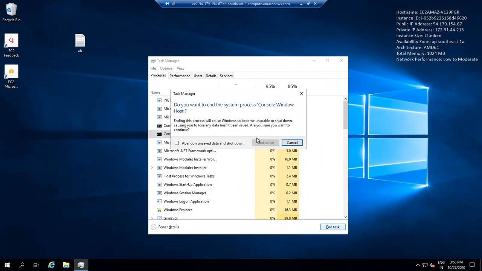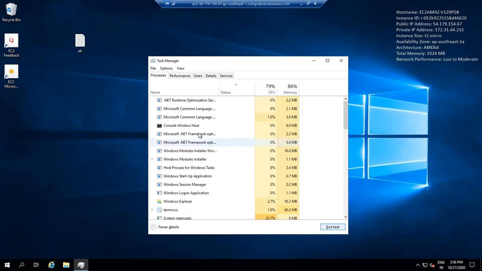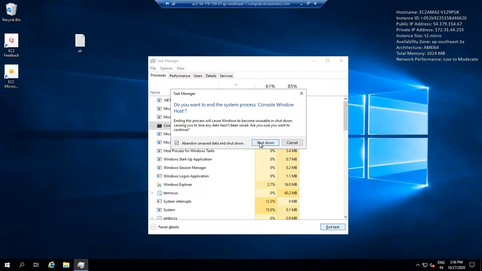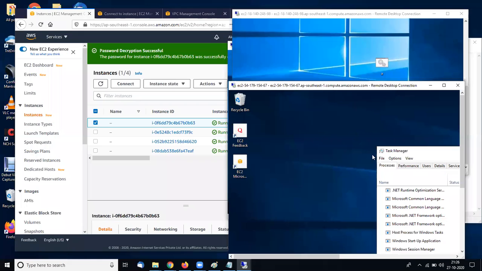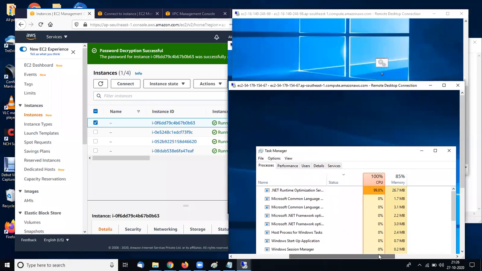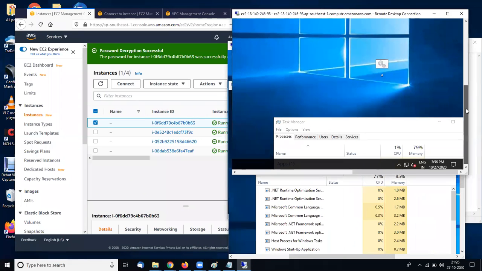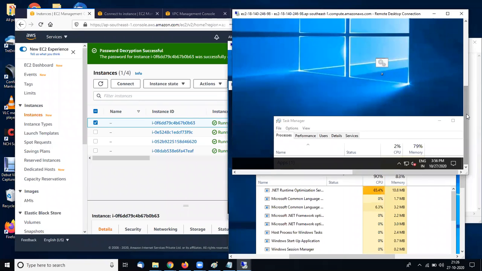Console host. I shut down the process, and again shut down this process. So the CPU utilization is 100, so that's why we do not have scale in.